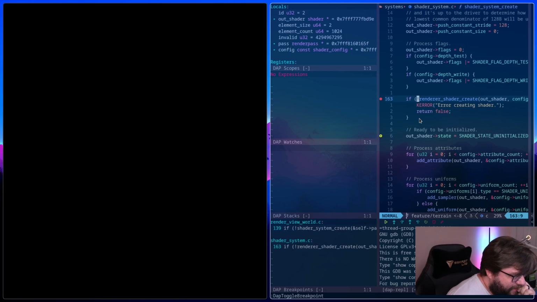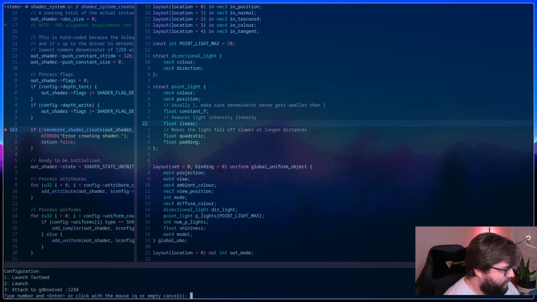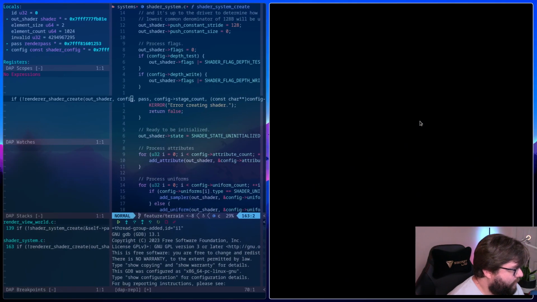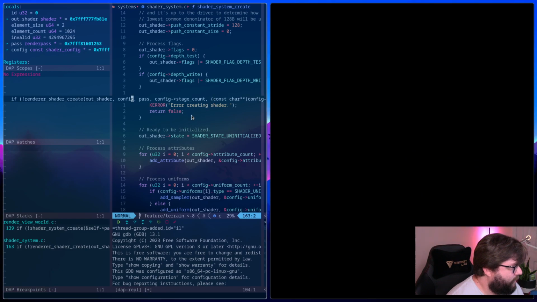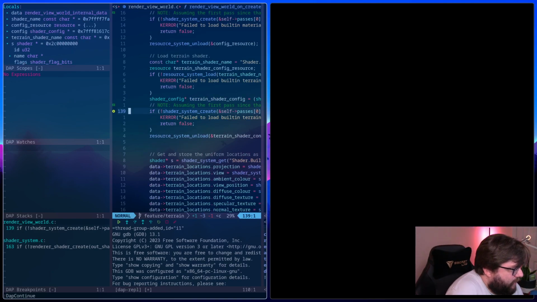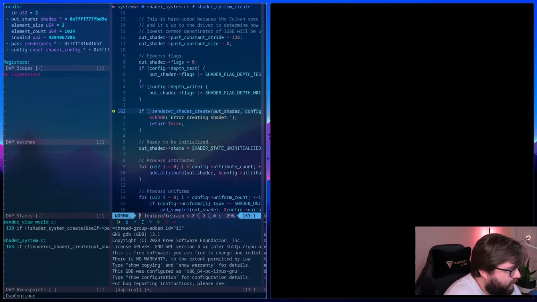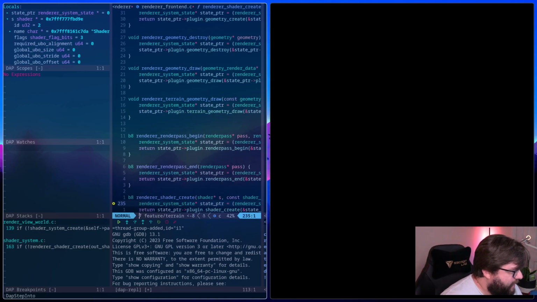And I skipped it. Okay. Let's try that again. Okay, so I know this is the wrong shader because we didn't hit our other breakpoint first. Here we go. So we can step into this, go forward to this, go to our shader create.